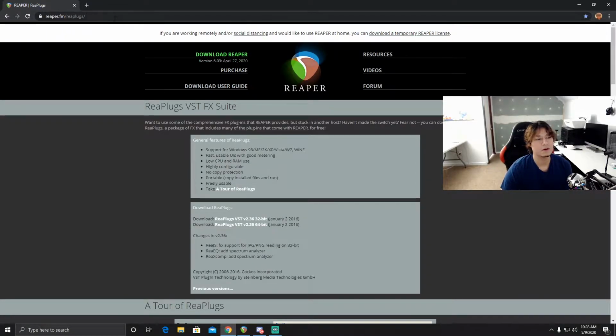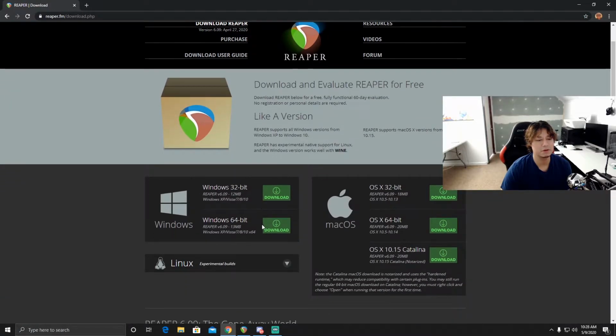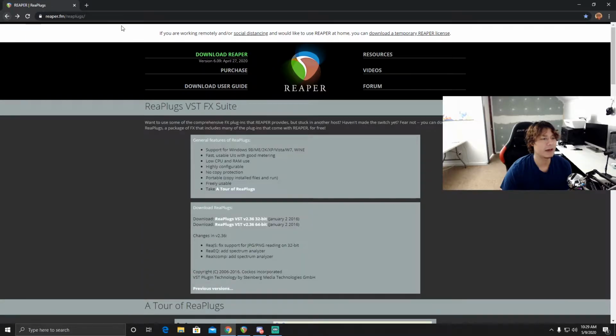reaper.fm/replugs. I'm gonna put this down in the description for you guys, and we just have to go to download Reaper, and then download for your Windows 64-bit or download for your Mac OS. In this case, we're using a Windows computer, and I downloaded the 64-bit version of it. The next thing you're gonna do is go back to that same link that